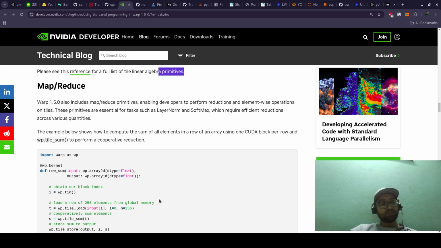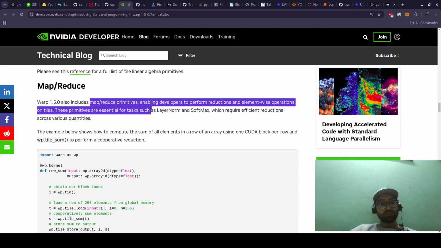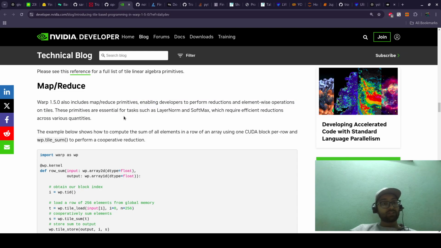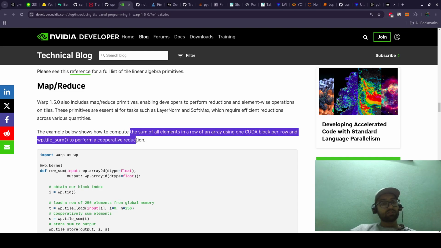Now, MapReduce in Tile 1.5.0. Let's go through this quickly. It also introduces the MapReduce primitive, enabling developers to perform reduction and element-wise operations on tiles. These primitives are essential for tasks such as layer norm and softmax, which require efficient reduction of various quantities. The example below shows computing the sum of all elements in a row using one block per row and